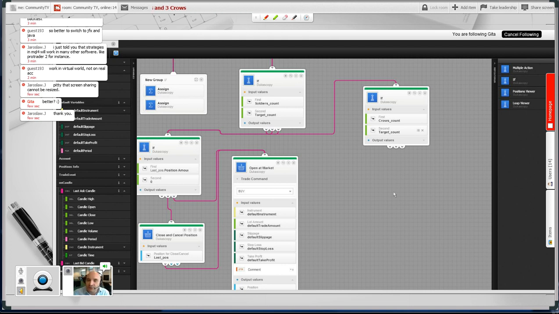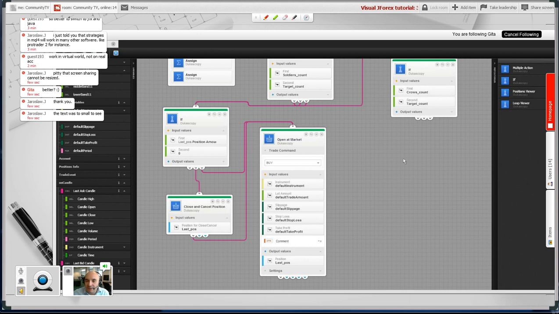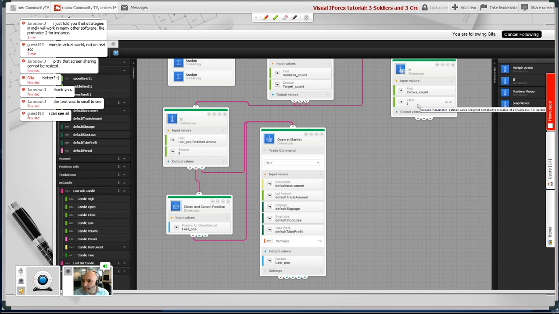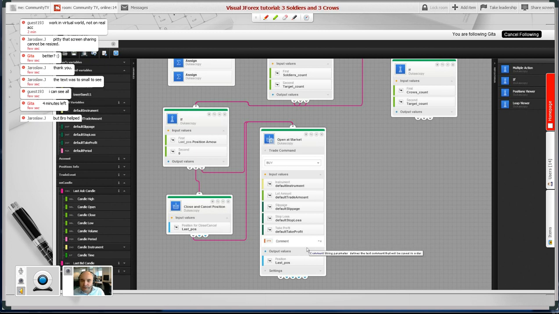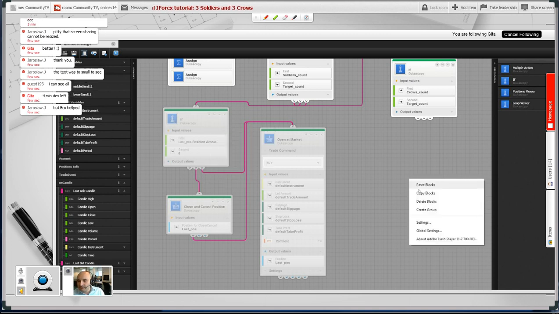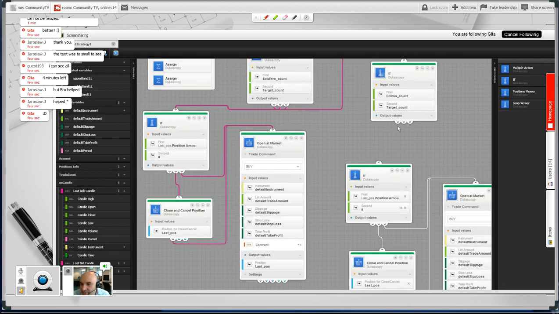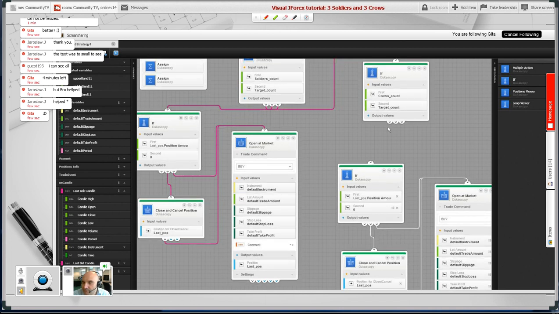So while we're here, the soldiers, they didn't reach 3. Let's check the crows, and then it's going to be exactly the same thing. So what I'm going to do, I'm going to select one by one, copy and paste, just because I'm a little bit lazy. So if it's less, then what's happening? Well, not much. If it's more, that shouldn't be possible. If it's equal, hopla,